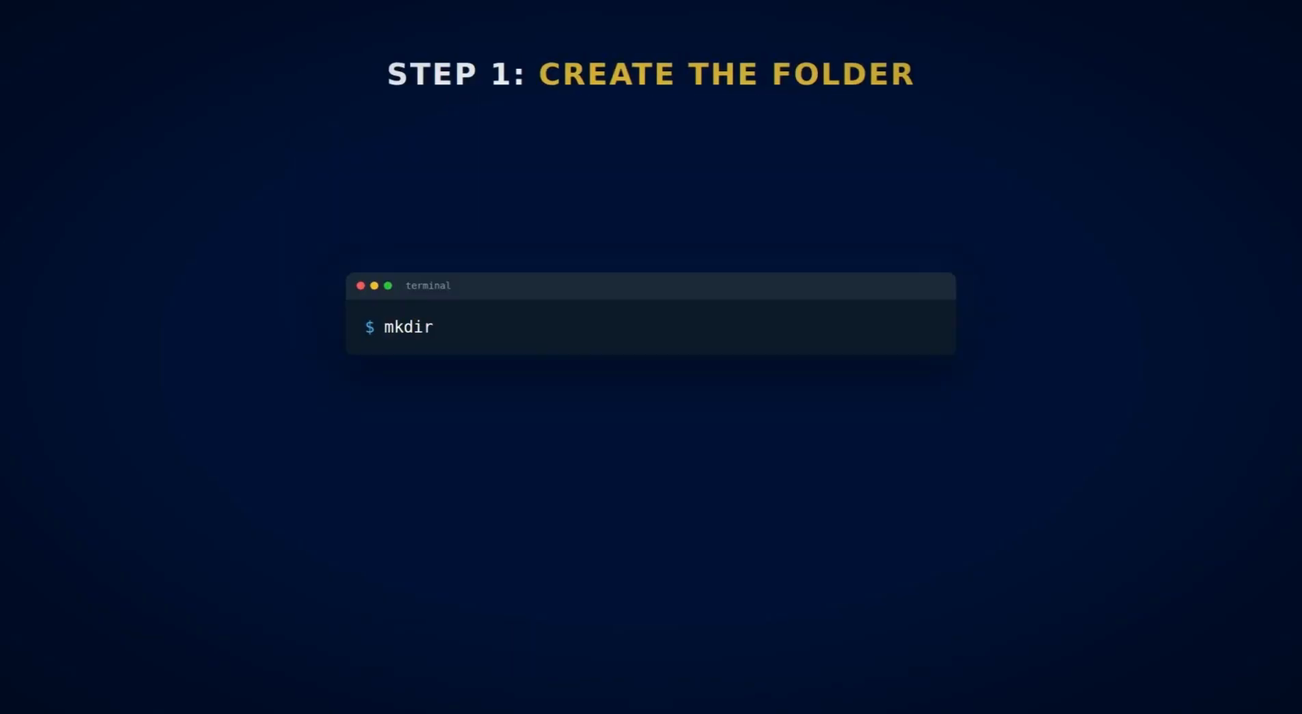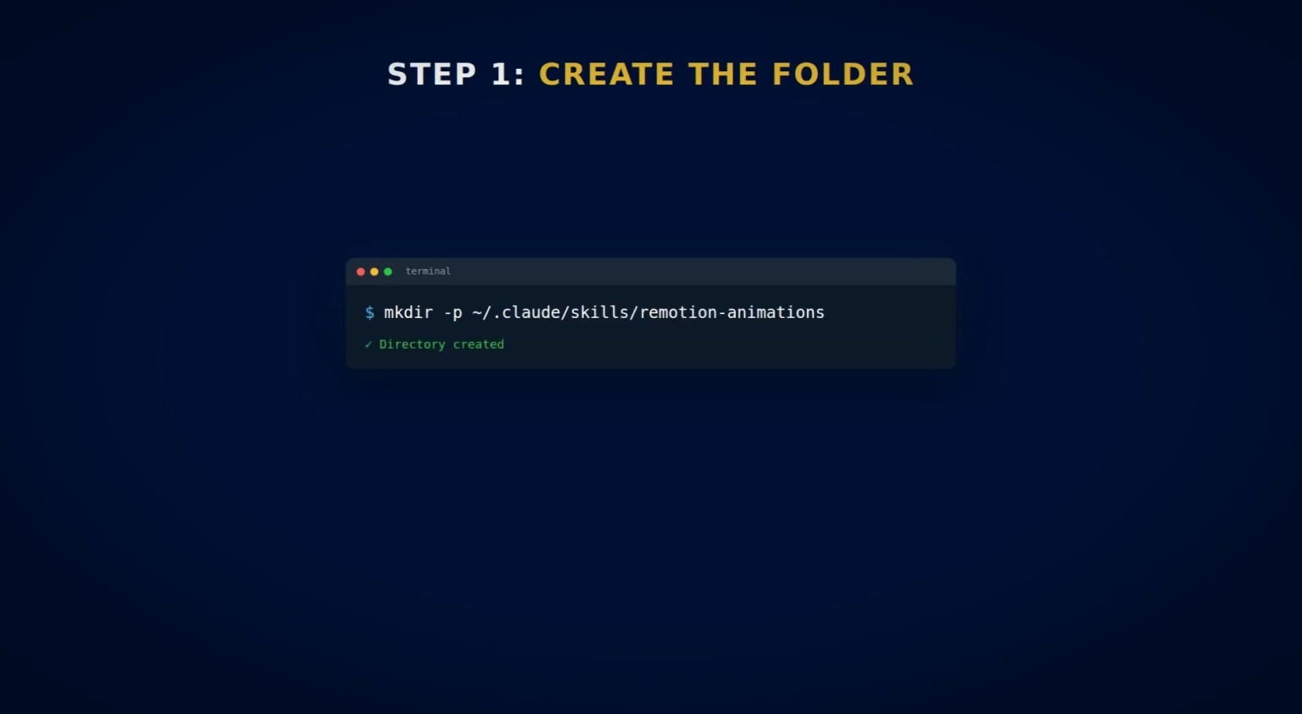Now let's build this from scratch. First, create the skill directory. This is where Claude looks for skills. Any folder here containing a SKILL.md file becomes available automatically. Next, create the